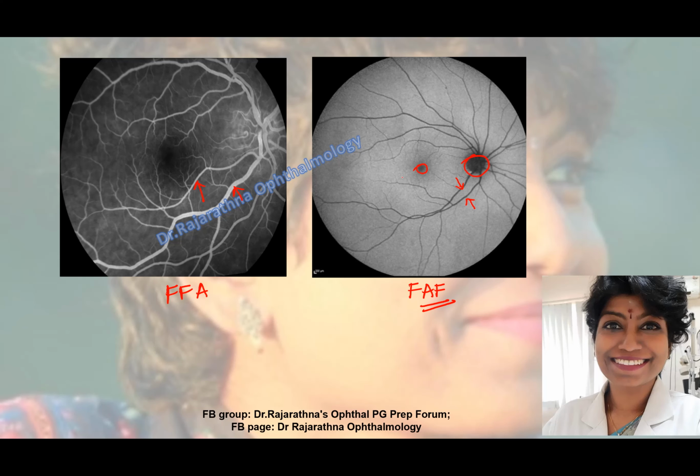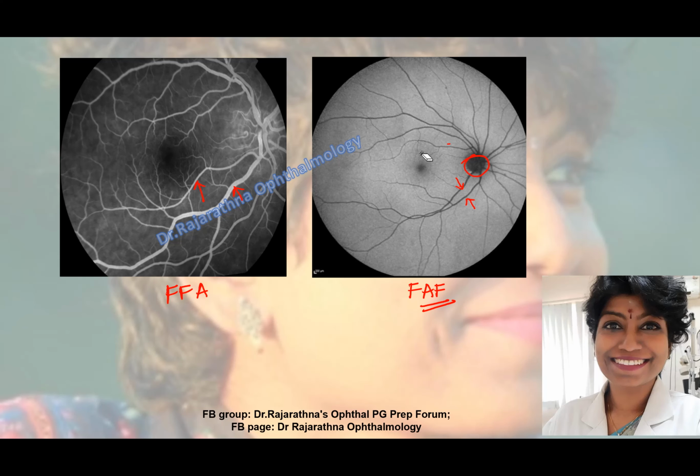Now coming to this foveal area. See, the foveal area is pitch black because the background illumination that you see here, the fluorescence that you see here, is masked by the lutein pigments. There is so much xanthophyll here, so much zeaxanthin here that it blocks the fluorescence.